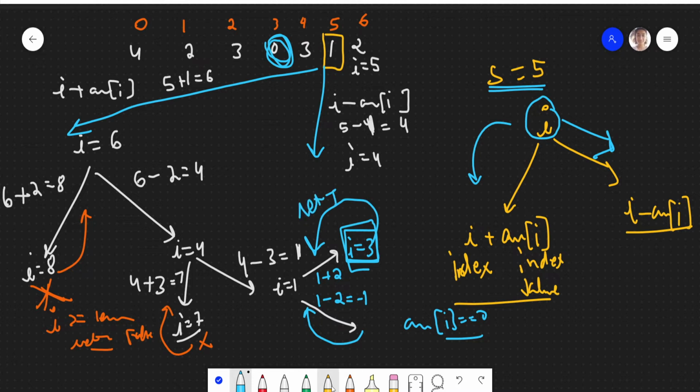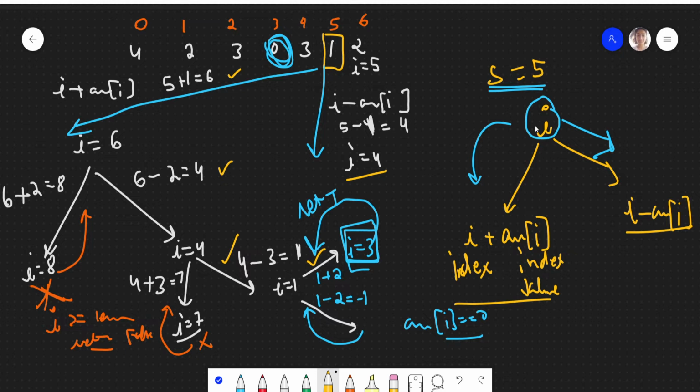So the path which gives us the answer is when you go here, then from here you go to this path, and then from here you go to this path, and from here you go to this path. So this is your recursive tree. You can also expand this one, this I is equal to 4. So I hope you understood the approach.